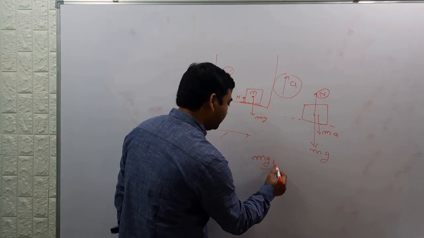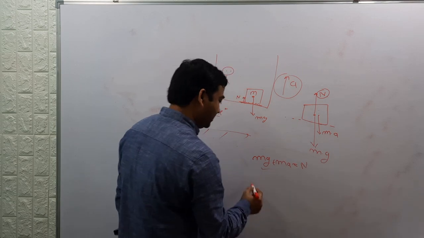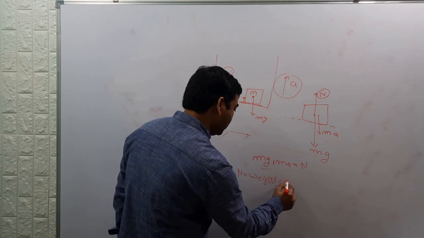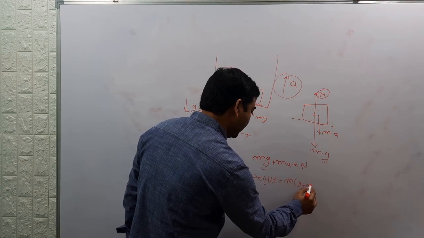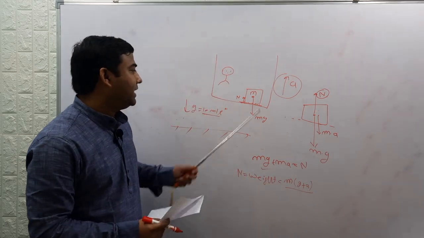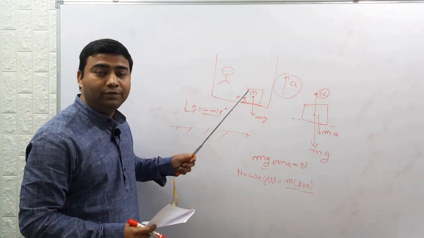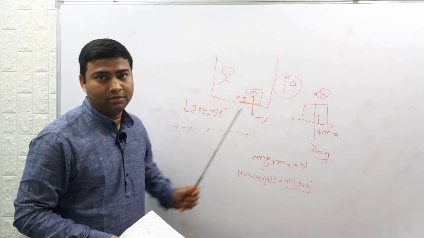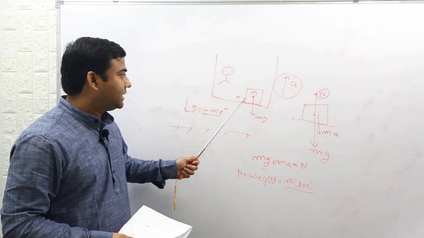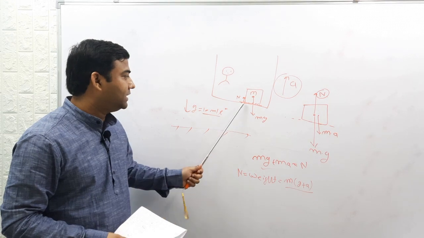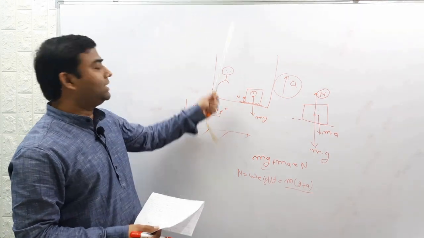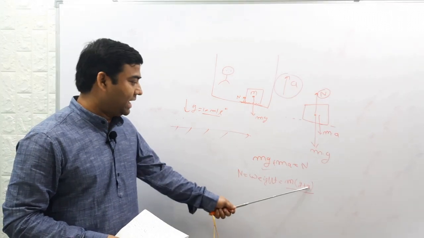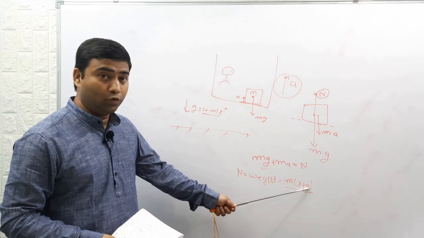We can say mg plus ma is equal to N. So N, the weight, is equal to m into (g plus a). So the weight of this mass will increase by force ma. If the lift is stationary, then this weight will be mg. Simple, its weight will be mg. When this lift accelerates, its weight is m(g plus a). The ma has arrived as an additional force,